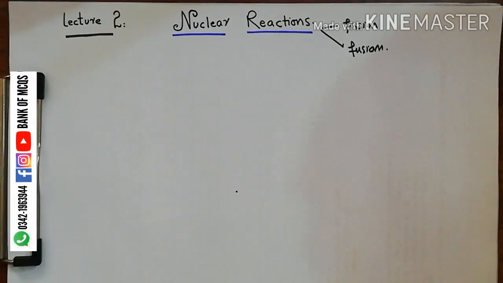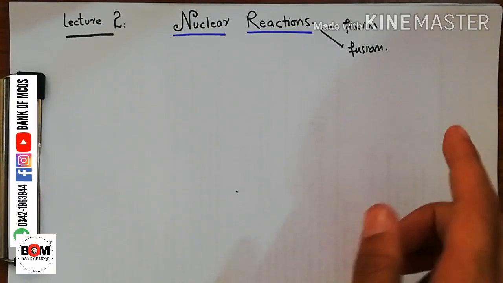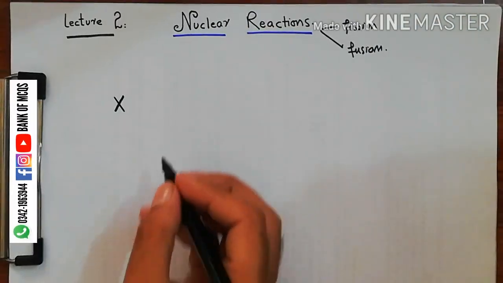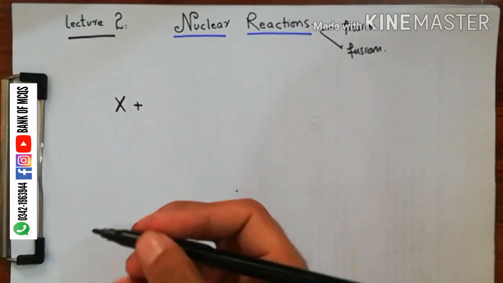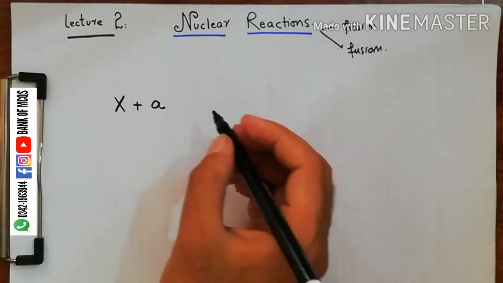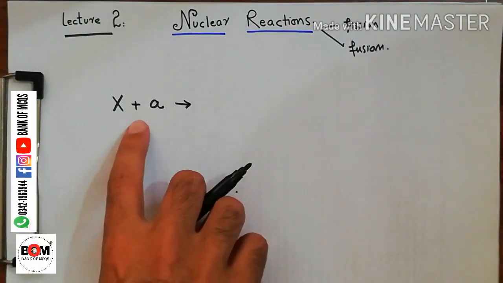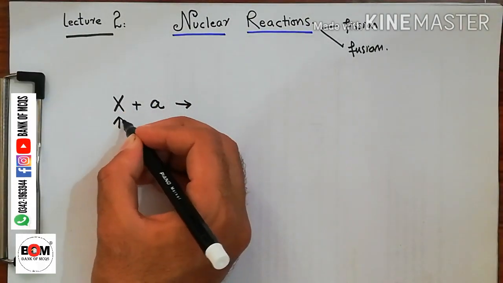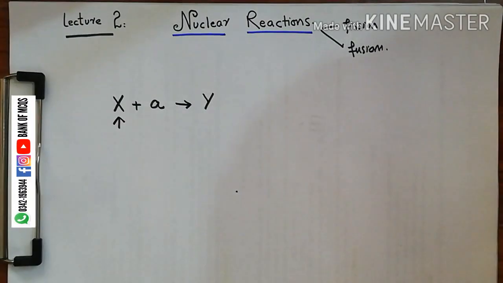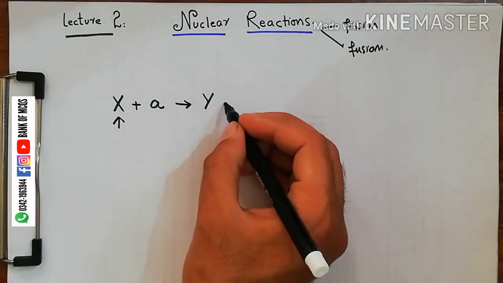It is possible to change the structure of nuclei by bombarding them with energetic particles. For example, if we have an atom X, or the nucleus of an atom, and we bombard it with an energetic particle such as A, such a collision in which the identity or properties of the target nucleus change is called a nuclear reaction. The property of this nucleus will change and it will give us another element, or another compound, and